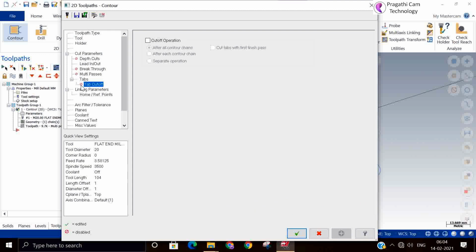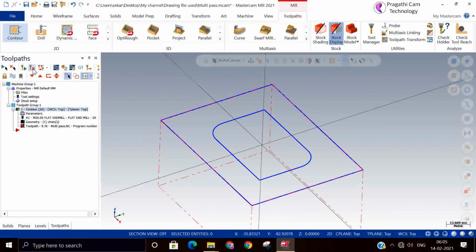Another option is called the tab cut. If you switch on this cutoff, it makes a separate operation. After machining, you can loosen the straps and change the position. You can machine only the tab areas. That is also possible. This is another operation. I switch it on now.